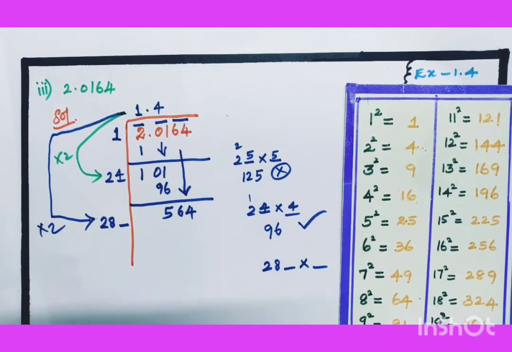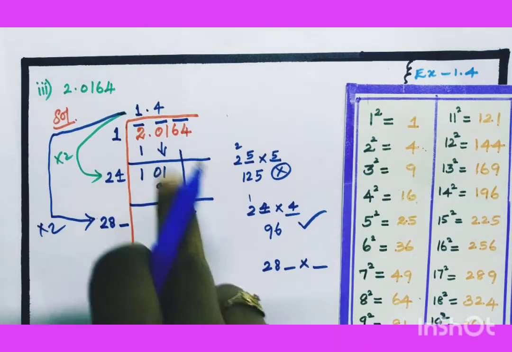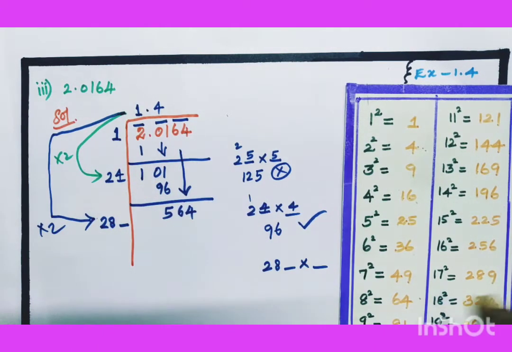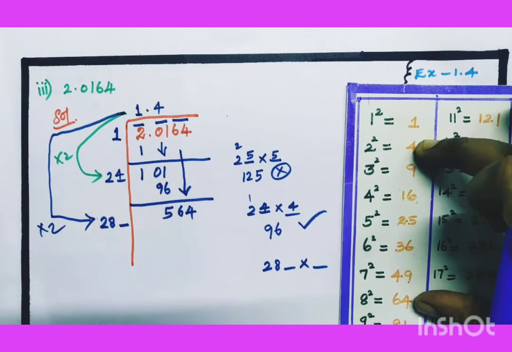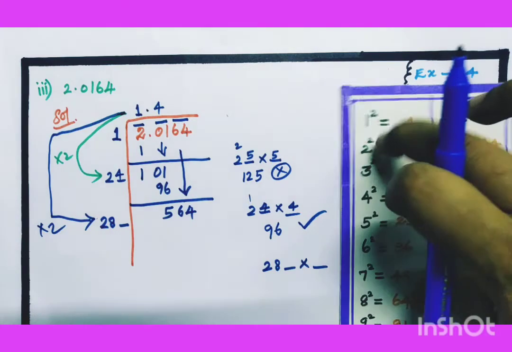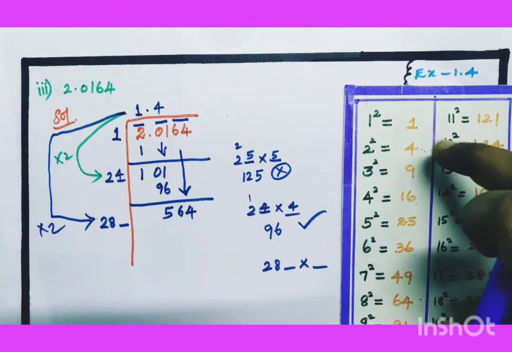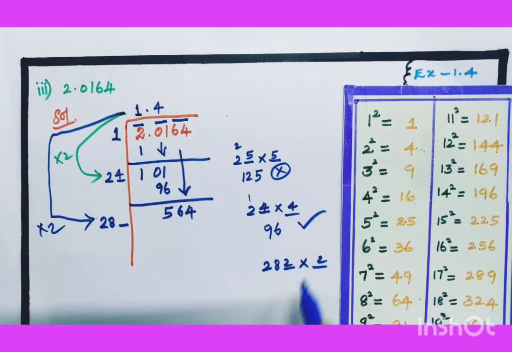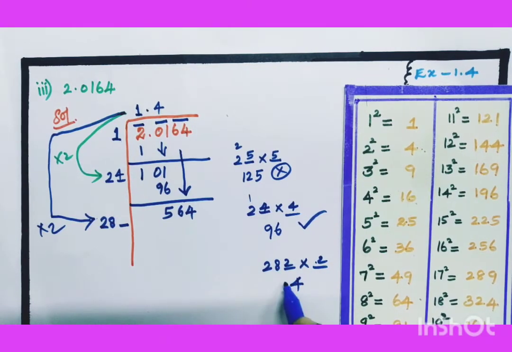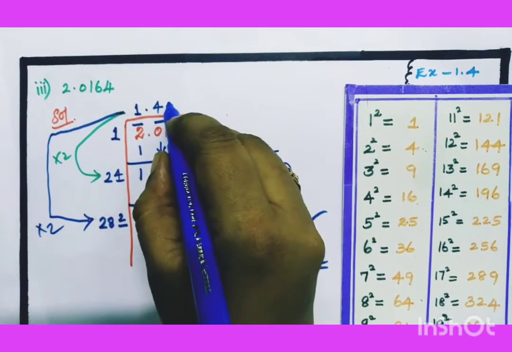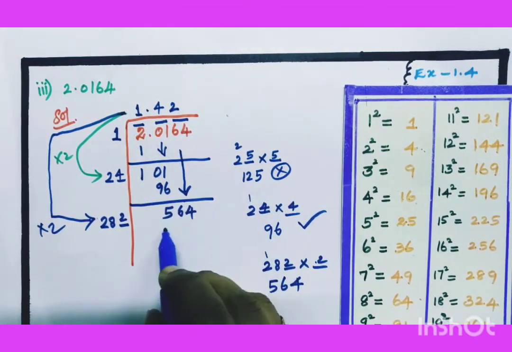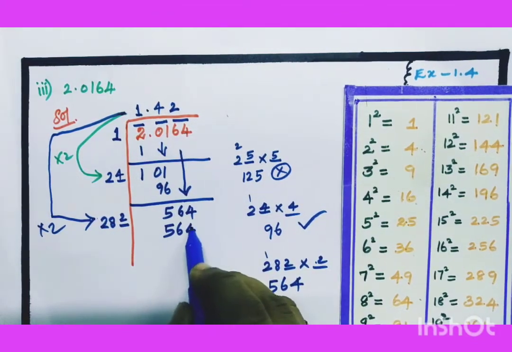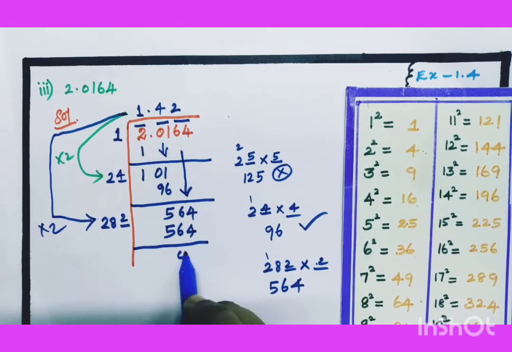Here, at the last end of the number, I'll do it with guessing. 4 4 would be 200 something, 500 something, so better I'll go with 2. I'm going to try with 2. So 2 2 I'm going to give now. 2 2s are 4, 8 2s are 16, remaining 1, 2 2s are 4, 4 plus 1 is 5. Yes, we got it. So write it here 2, here also 2. What will we get? 564. That's all. So the answer is 0.